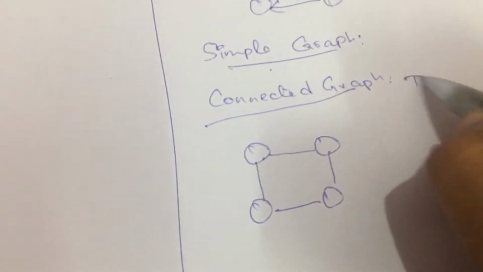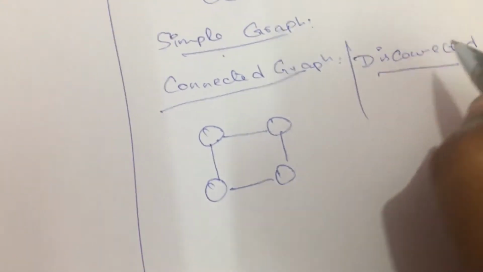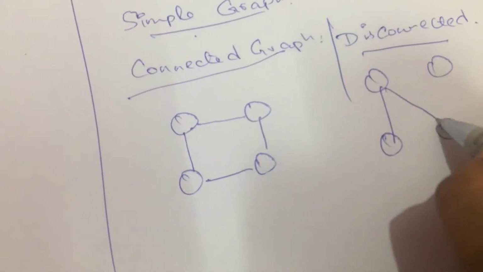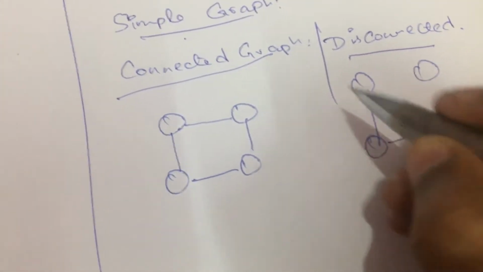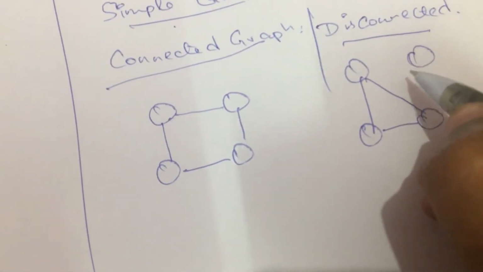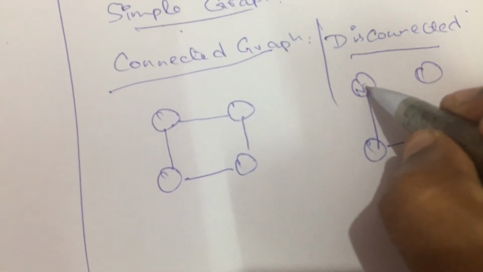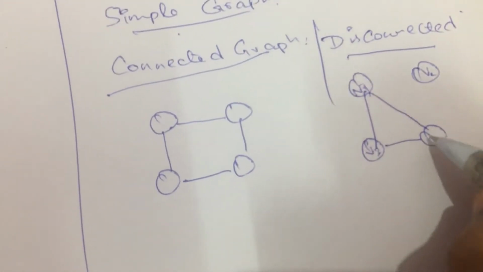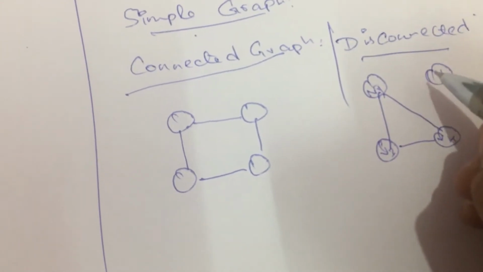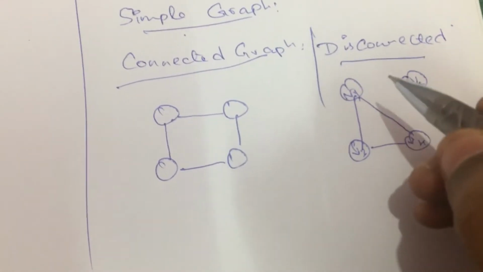And when it comes to a disconnected graph, right? So a disconnected graph is nothing but, for example, now assume that we have a graph in this way, where we have three particular vertices getting connected, and one vertex is not at all connected with any of the others. So this is called a disconnected graph, right? We have 4 vertices, v1, v2, v3 and v4, but only 3 vertices are getting connected, and one vertex is left out without a connection to any vertex. So this is considered a disconnected graph.